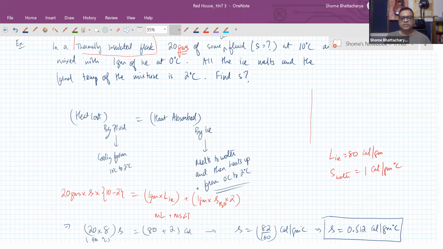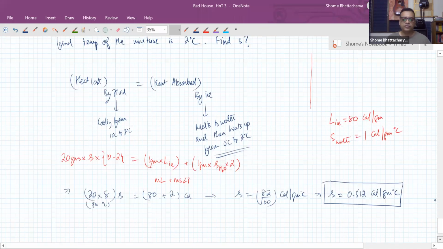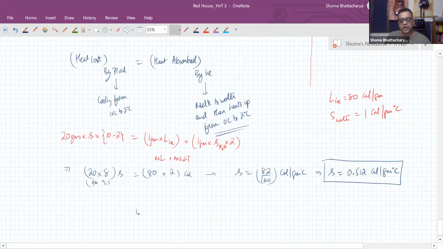Okay. So with this, we conclude today's lecture, people. Next up, we will look at some example problems in calorimetry again, which will just take a few minutes. But next lecture is going to be very important because we are going to move on to kinetic theory of gases, and from there, the first law of thermodynamics. So kinetic theory of gases plus first law